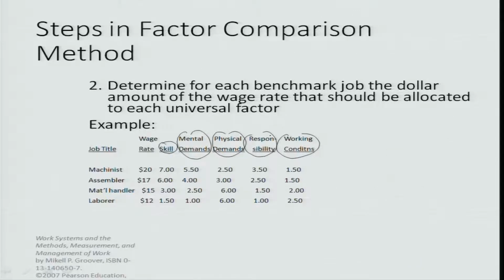For example, we look at the standard benchmark jobs and the rates which are available industry wide. So we see that the wage rate of about $20 an hour is commonplace in the industry for a machinist. $17 an hour is probably commonplace for an assembler, material handler about $15, and laborer about $12. Okay, so you use these rates, the dollar rates, as sort of universally accepted rates, and then based on what